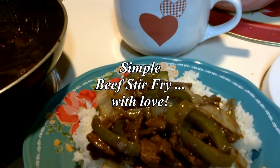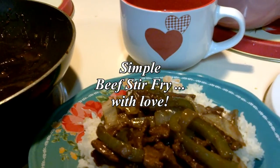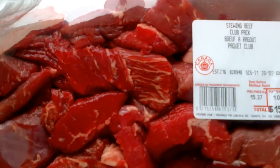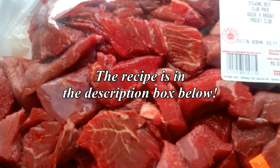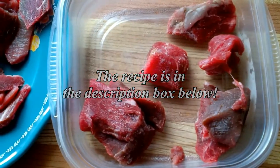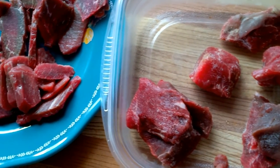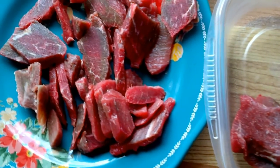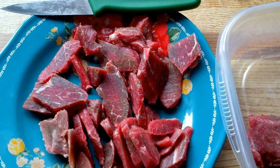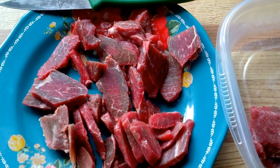Family enjoy stir fry, so I thought I'd share a little love and attempt making one. I had some stewing beef left over from the last meal that I had made, and I sliced the beef very, very thin because I wanted to make sure that it wouldn't come out tough. Stewing beef will do that. So I sliced it very thin,